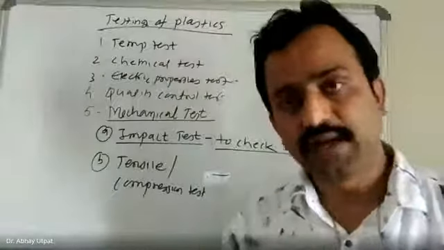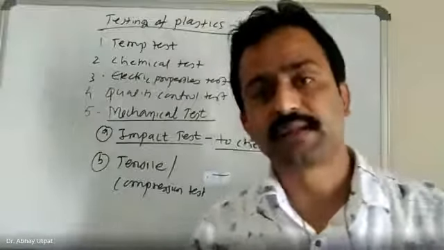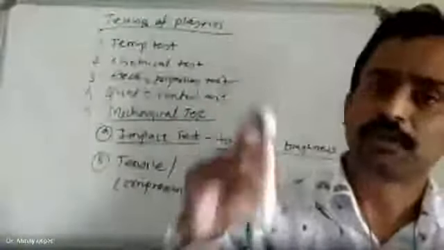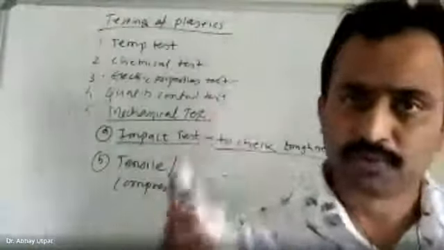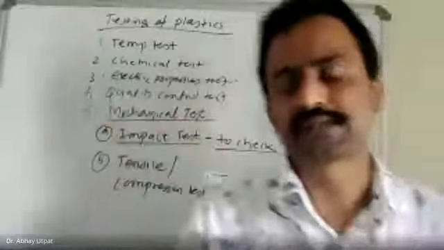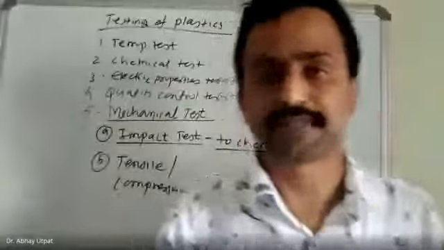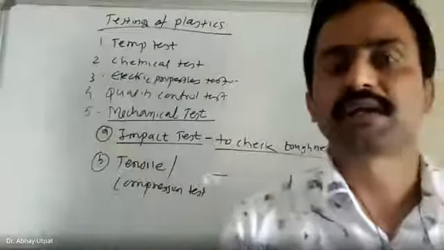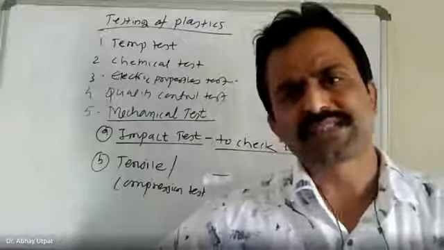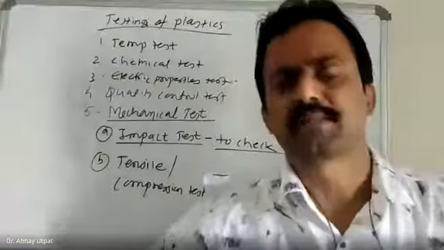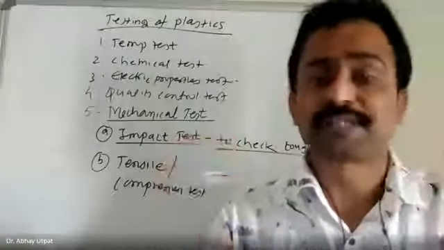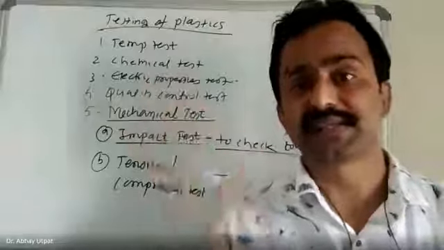For your kind information, UTMs are available in a variety of ranges. There are 2 machines currently available in our college, one of 100-ton capacity and another of 40-ton capacity. Is that machine used for plastic? No, plastic strength is much less than that of a metallic part like steel. If you go to some testing industry, for example Praj Industries in Pune,